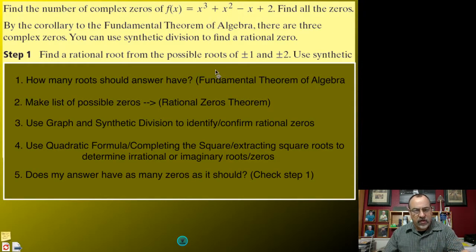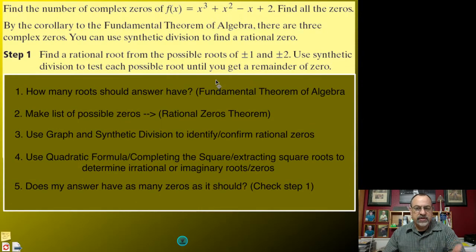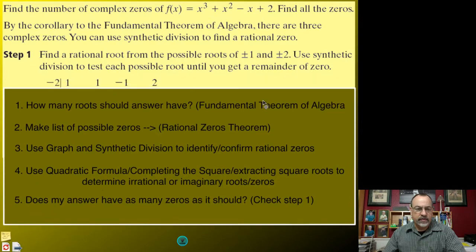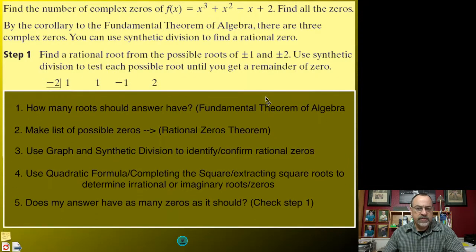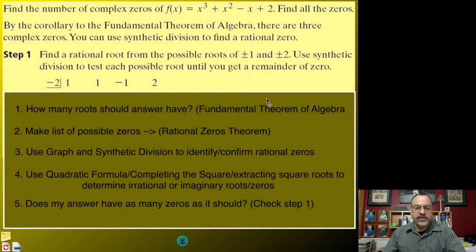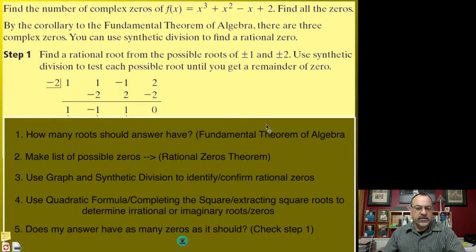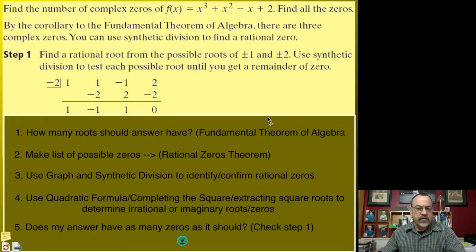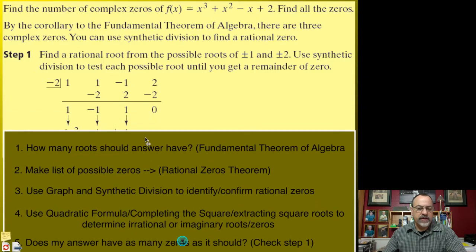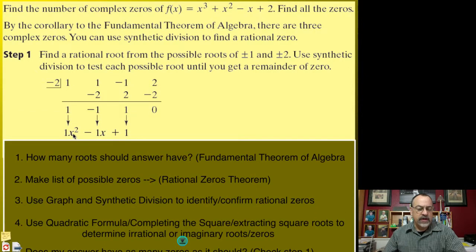Once we've done that, though, we then take the zeros and use synthetic division to make sure that we get a remainder of 0. So, substituting -2 into the expression, I see that that should give me a remainder of 0. I then use that to use synthetic division. So, using synthetic division, I end up with this expression here. Now, if I put the variables back in, I have a quadratic, x squared minus x plus 1,